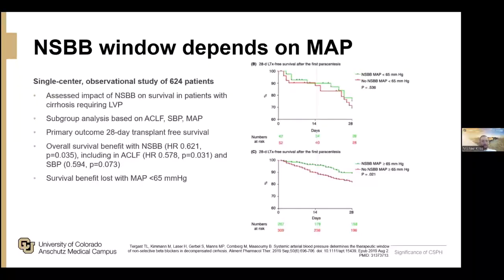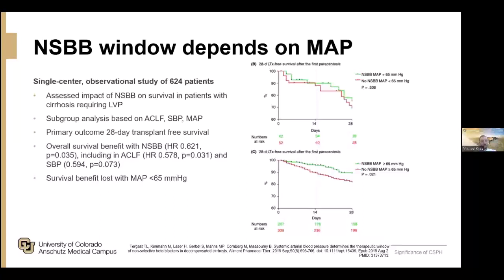So this was a single center observational study that looked at 624 patients. And they assessed the impact of non-selective beta blockers on survival in patients after their first presentation of ascites requiring large volume paracentesis. So the goal was to basically identify these, quote, refractory ascites patients. And their primary outcome was 28-day transplant-free survival. And they looked at the overall survival benefit with non-selective beta blockers, which was present and was statistically significant, but